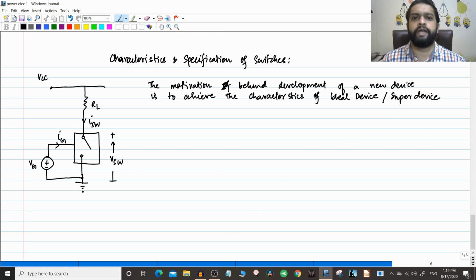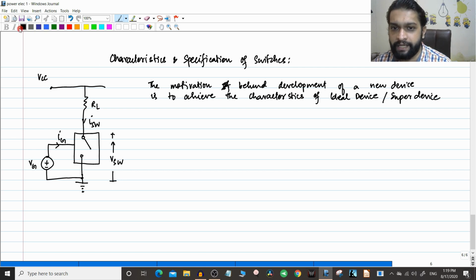So why do you want to do that? Why do you want to reach the characteristics of a super device? Because we want to do a comparison. How do you compare? For example, you have made a device. How do you know that it is good or bad? You do that by comparing it with the characteristics of an ideal device. It is close to, for example, a resistor. It has to make the voltage and current in phase, right? And all these properties. So when you are making a resistor, you try to compare that property with the resistance that you are trying to make.